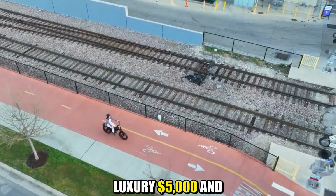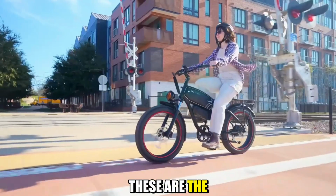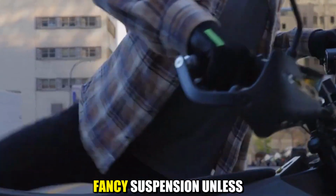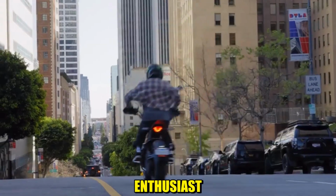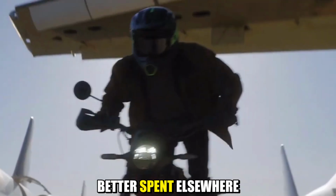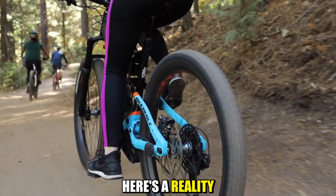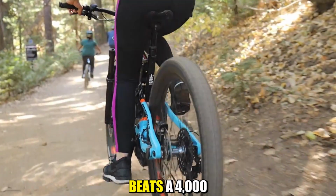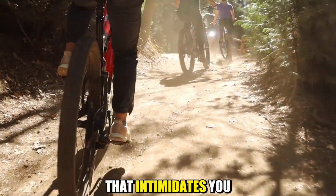Luxury, $5,000 and up. These are the sports cars of e-bikes. Carbon frames, integrated batteries, fancy suspension. Unless you're a serious enthusiast, your money is better spent elsewhere. Here's a reality check. A $1,500 e-bike that you actually ride beats a $4,000 bike that intimidates you into leaving